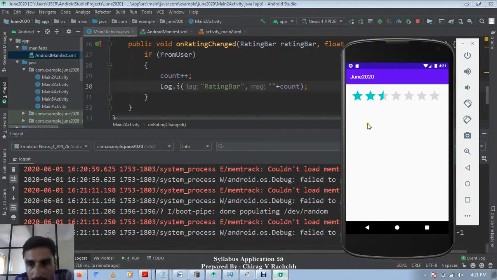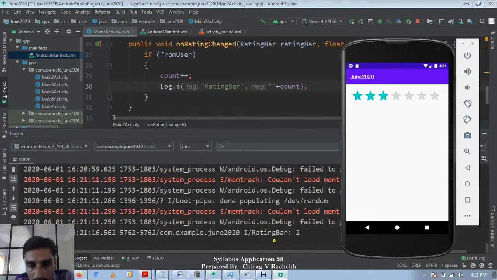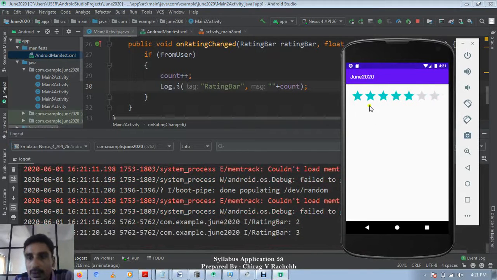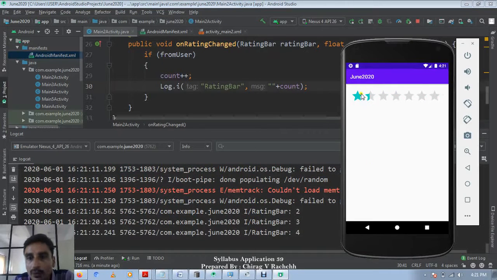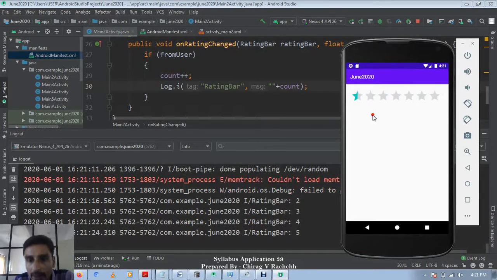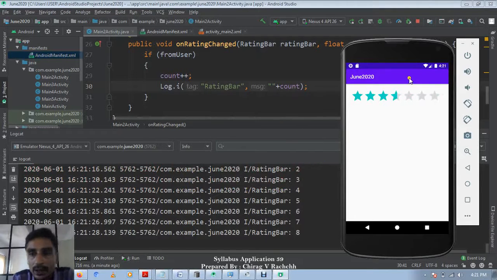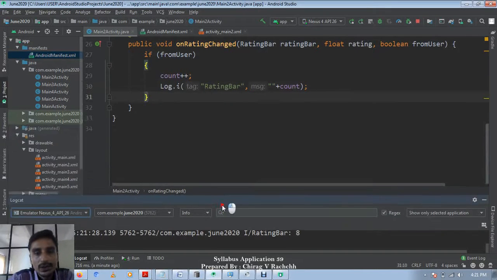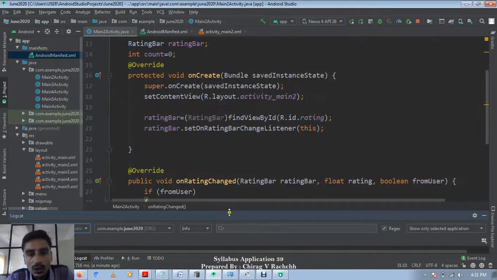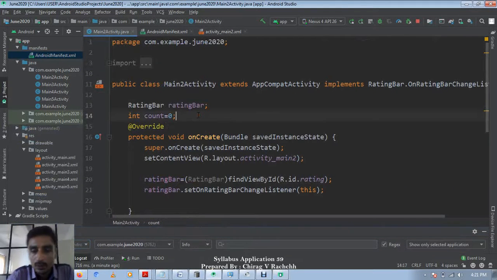Let's find it again. Yes, rating bar 2, rating bar 3, rating bar 4, 5, 6, 7. So the method is executing, so I think there is some other problem.